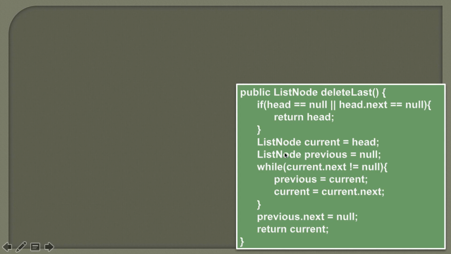So friends, this was the algorithm where we discussed how we can delete the last node of the singly linked list. We also discussed how current and previous pointers help us in deleting the last node, because in order to delete the last node, we somehow need to travel to the second last node, and once we travel to the second last node, we simply assign null value to its next so that the last node can be freed up and can be returned from this method. So friends, now let's go to Eclipse and see the